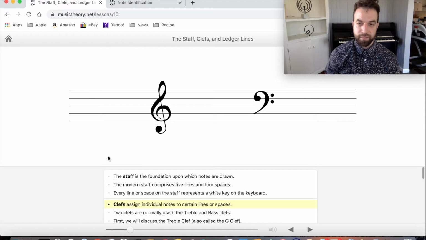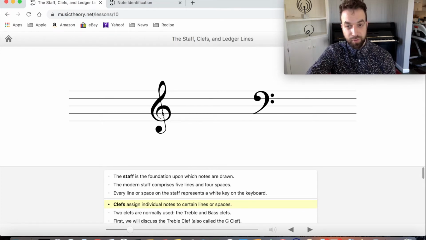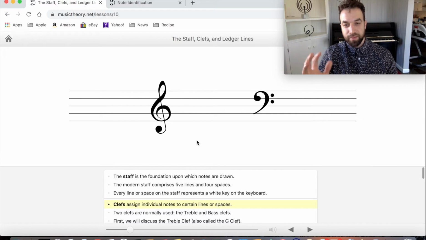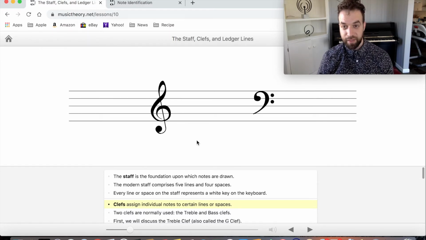I like to say that the clefs name the notes of the music staff. For our purposes in my class, the 2 clefs that I teach are displayed right here. You have the treble clef and you also have the bass clef. We will be talking about the bass clef later. We are not talking about it yet. All right. Now that you know what the treble clef is, what the music staff is, we actually can jump